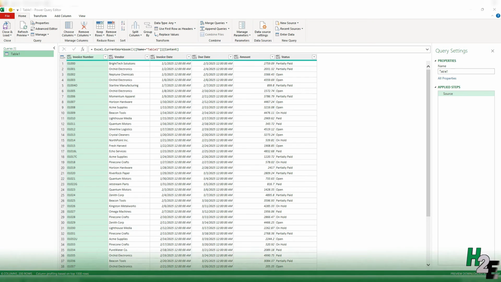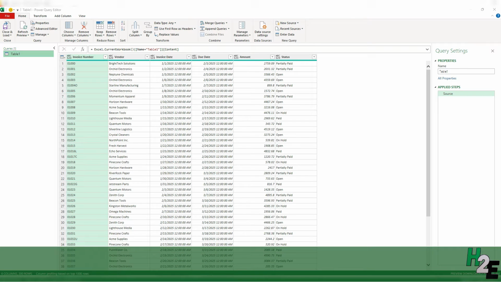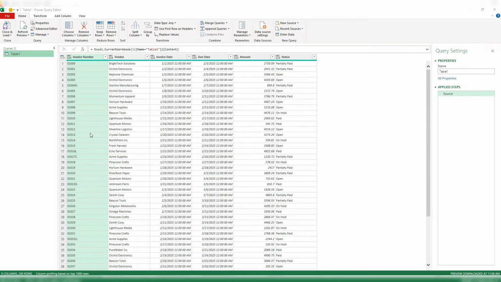In this video, I'm going to show you how you can convert these invoice numbers that are reading as text and have zeros in front into just numbers, dropping those zeros, with the exception being the ones that have letters after them indicating adjustments or changes to the initial invoices. So this can be a little bit tricky to set up to convert them into numbers while leaving the others as text,